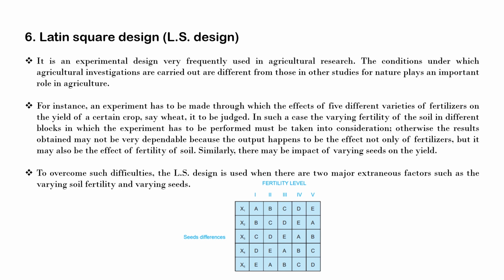So in this case we can measure the varying fertility of soil in different blocks, and then we can study the effect of fertilizers on the fertility of the soil, and to do this experiment easily, Latin square